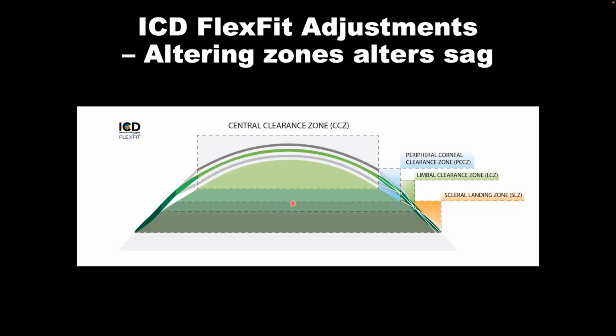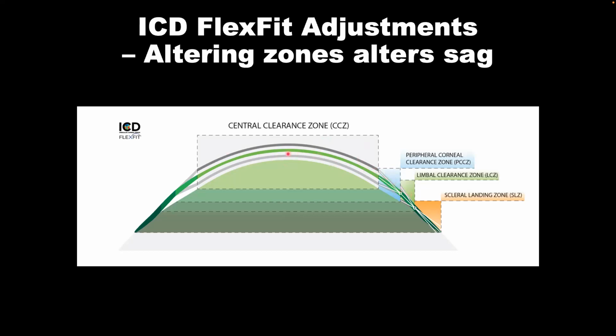So just to know that ICD Flexfit adjustments will alter sag from different areas, right? So let's say you are changing the base curve. Obviously, the only section that you will be altering the sag is the central zone, right? So you can go up or you can go down, and none of the other zones will be affected